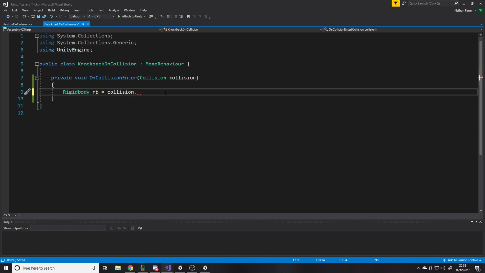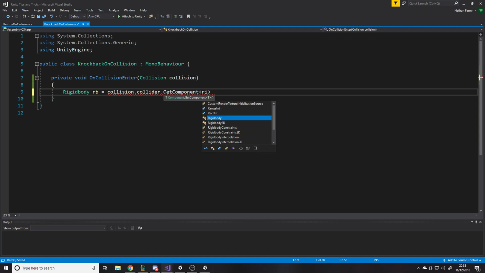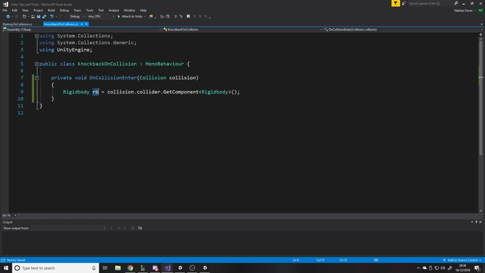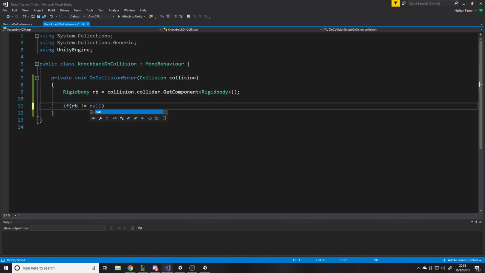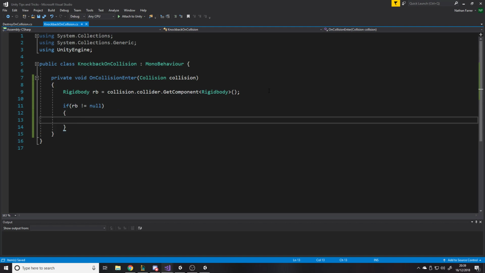But we can say collision.collider.GetComponent. Now we can try and find a rigid body script on it. So if the thing does have a rigid body, it'll store it here. If it doesn't, then this will become null. And if it's null, we can do a check. So we can say if rb does not equal null. Basically, if the thing does have a rigid body, what do we want to do? Well, if the thing has a rigid body, we want to